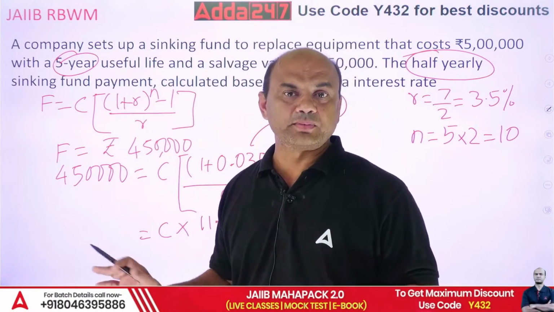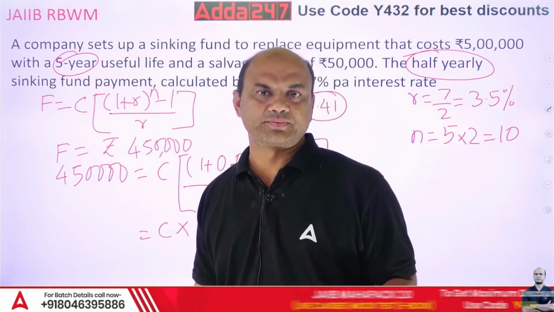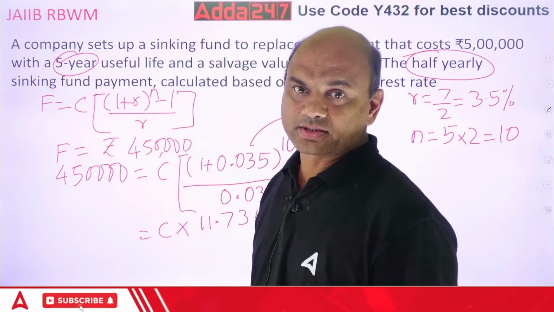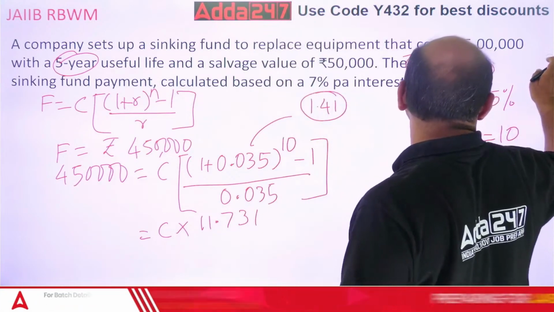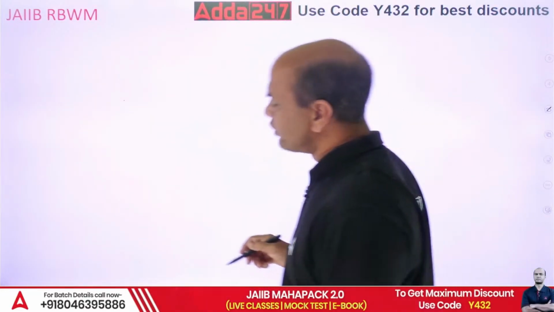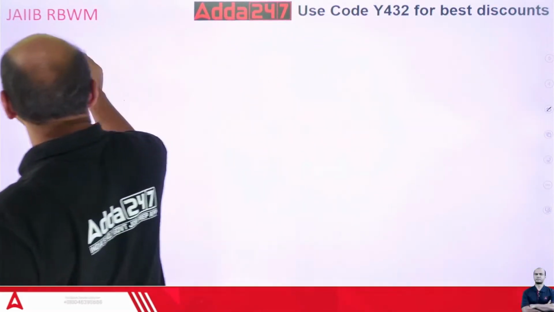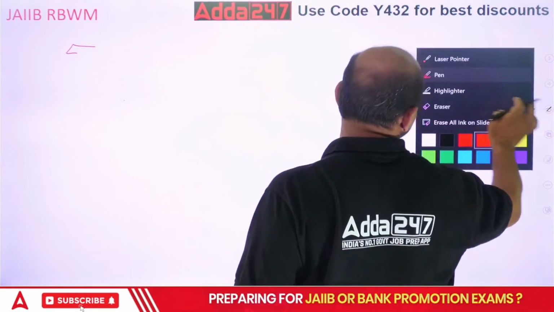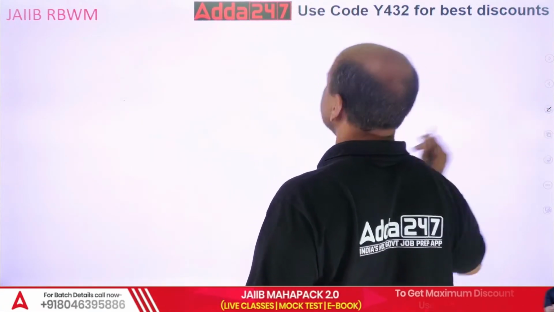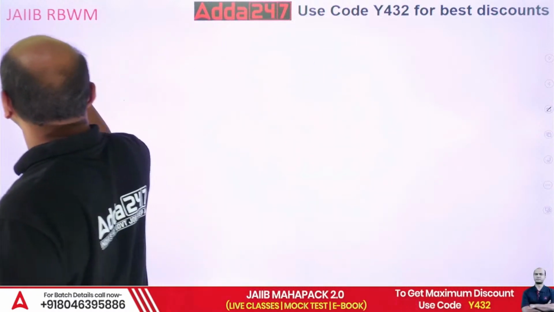There are no exceptions to this. So let's write it again: 4,50,000 equals to